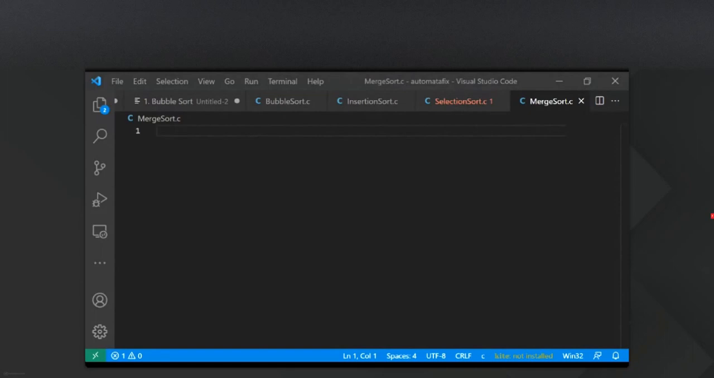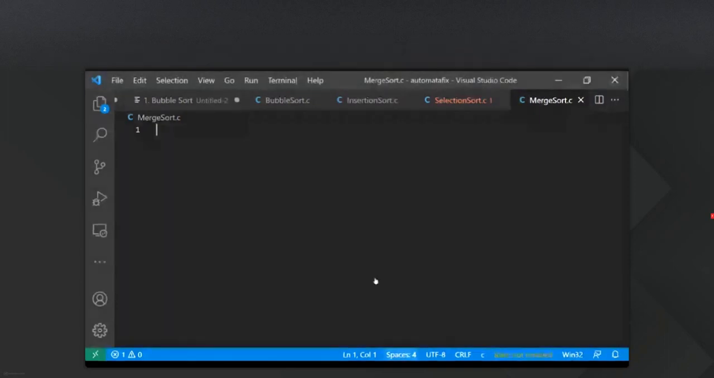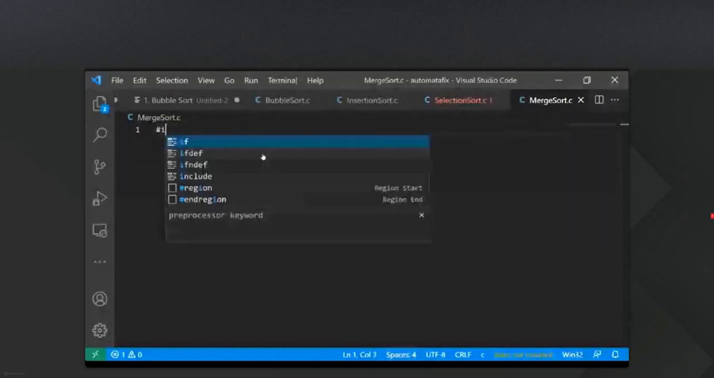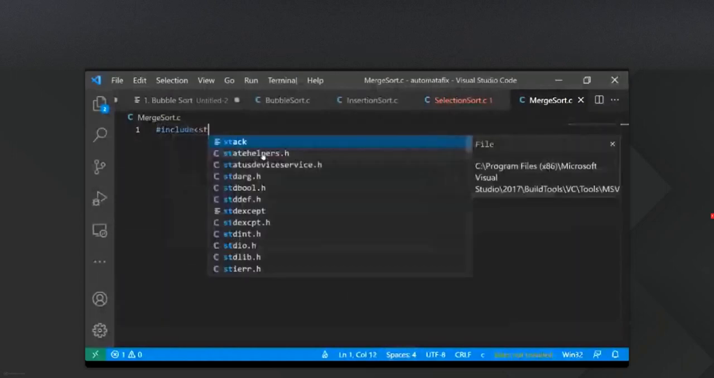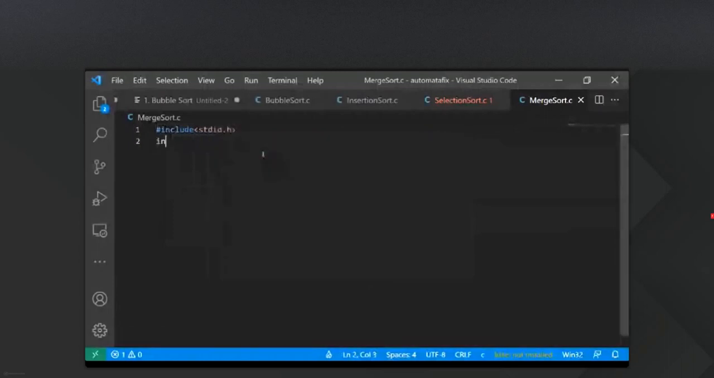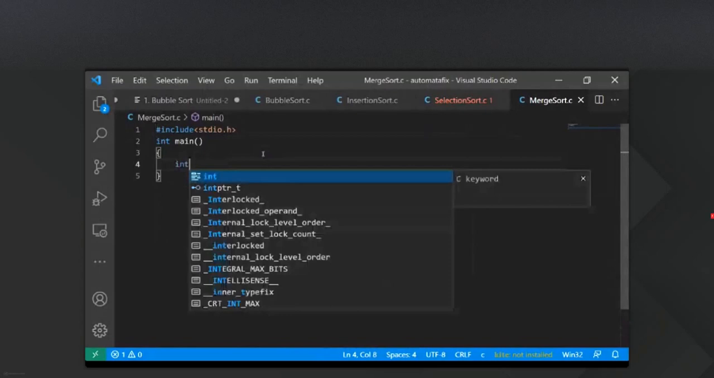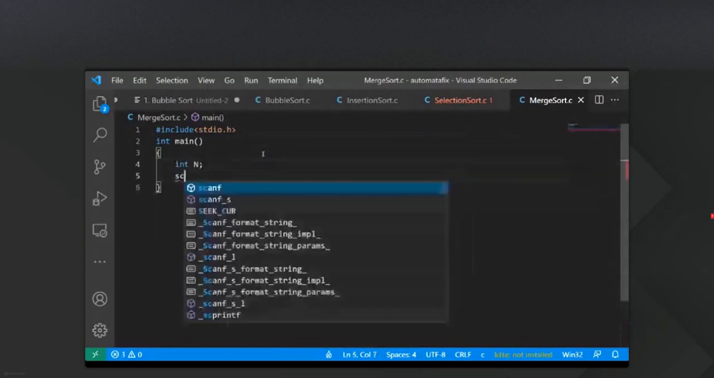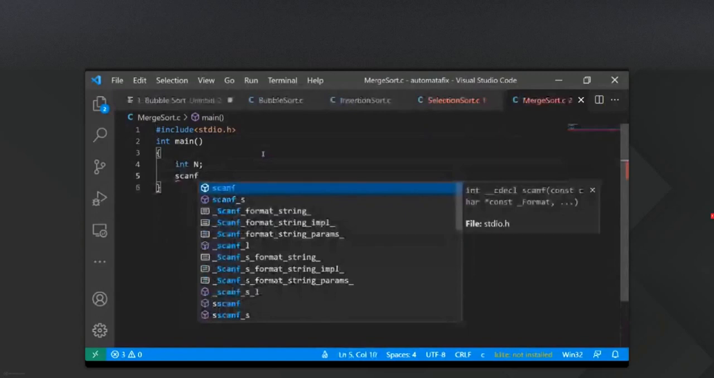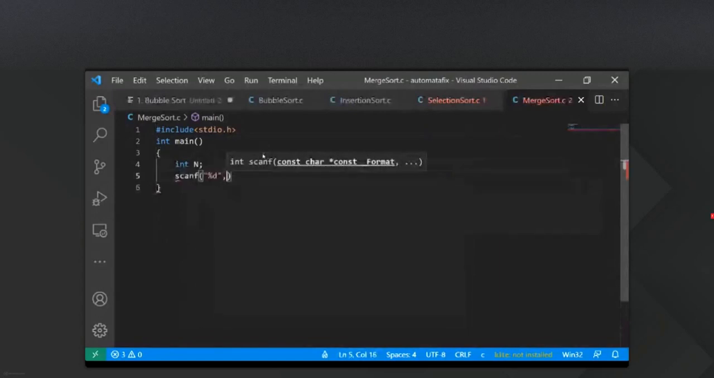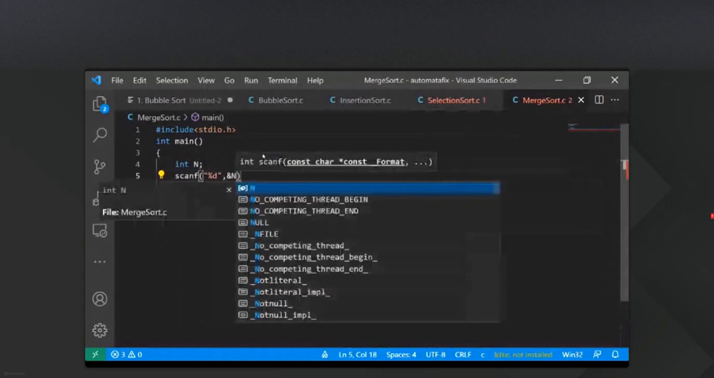Okay, fine. So we will start with the implementation of merge sort. Let me start with #include <stdio.h>, then the integer main function. First of all, inside the main function, we will declare a variable called n, and let me use scanf to receive it: scanf("%d", &n);